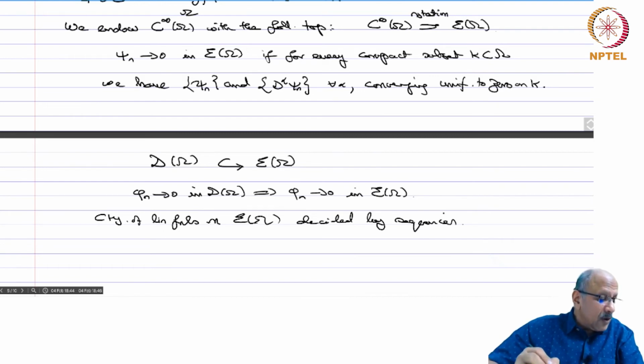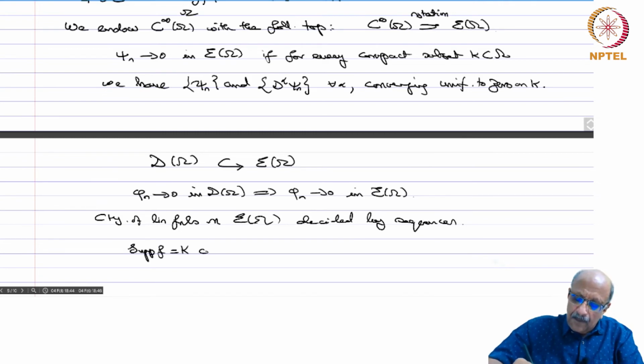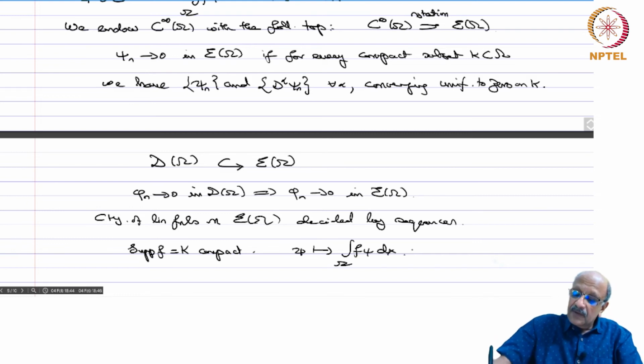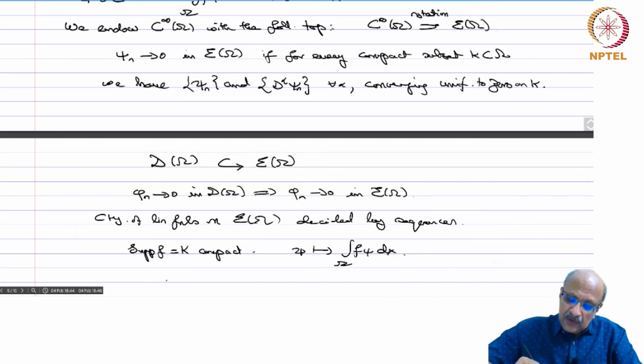Now if the support of f equals K, compact, then look at psi going to the integral over omega of f psi dx. This is continuous, because if psi n goes to 0 in E of omega,